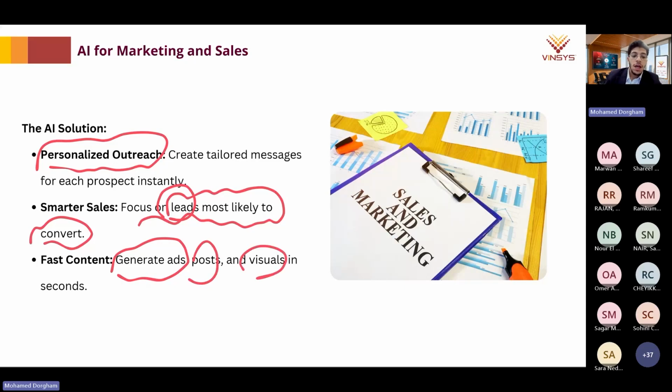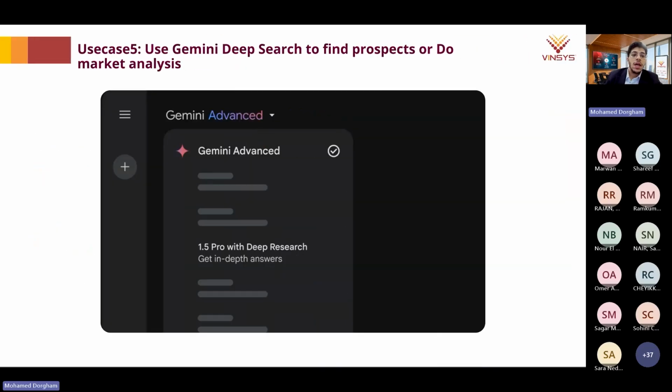Also, fast content: AI can help us generate posts or visuals in seconds. For this, I prepared the following use case. Today we're going to use Gemini, the advanced model, to either find a prospect or do a market analysis.